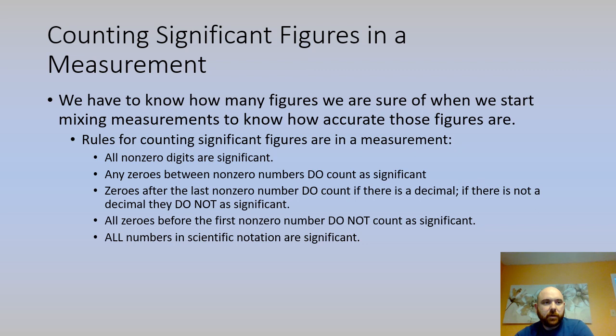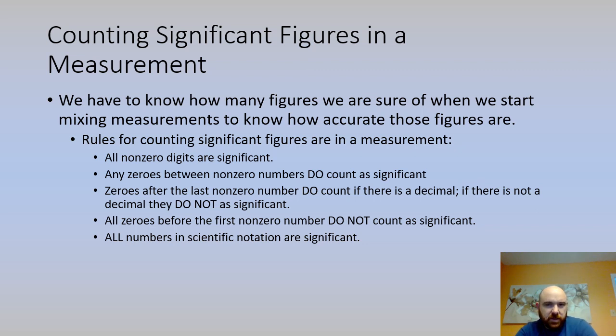So as we're calculating things throughout chemistry, we have to make sure that we're not carrying through and making some measurements seem more precise or more confident than we think they are. And so we have to think about how significant figures are carried through when we do math on them and when we include them in calculations. And so the first thing we have to know to do is figure out which numbers in a measurement are